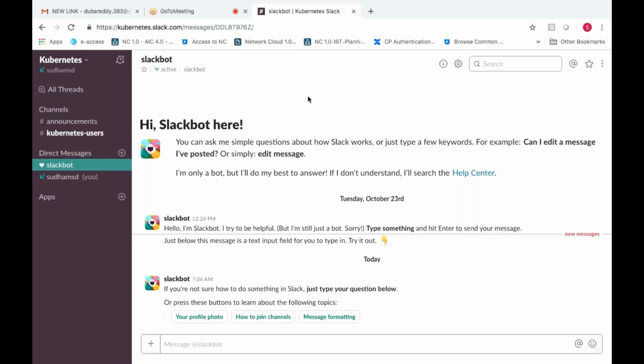And not only that, when a new node is added to the cluster, let us say today my slave nodes are not sufficient in the Kubernetes cluster. So I took one more server and added that particular server to my Kubernetes cluster as a slave.